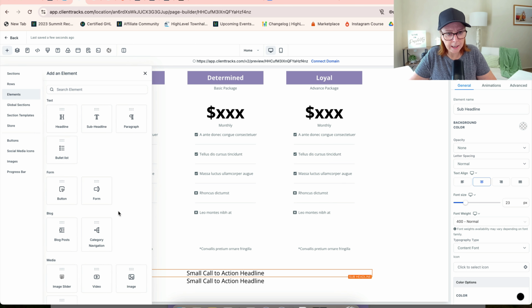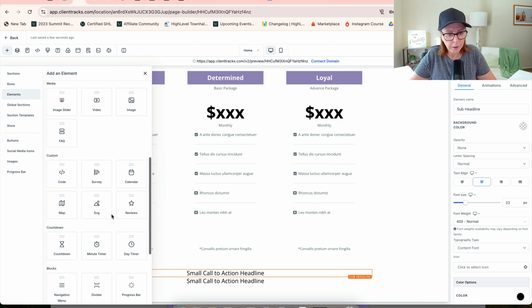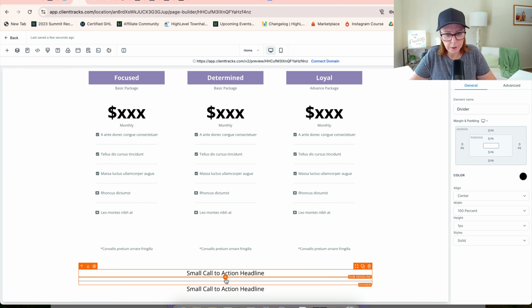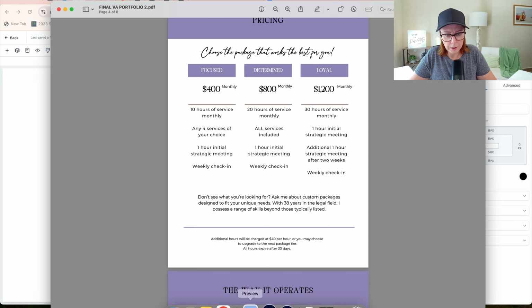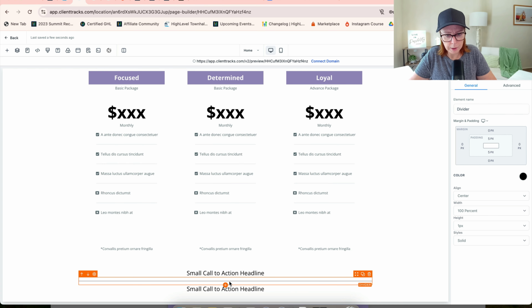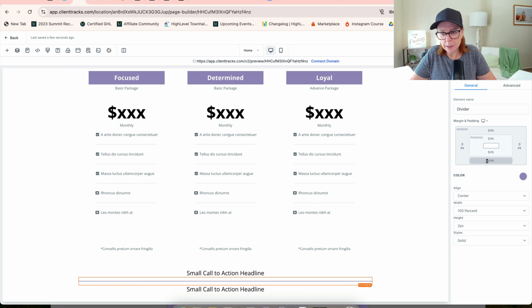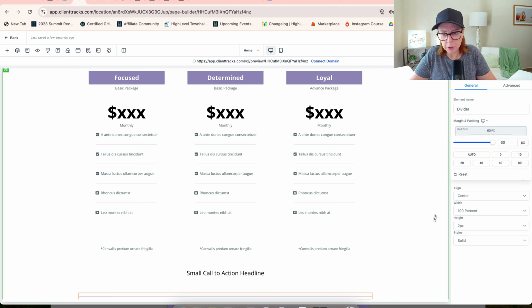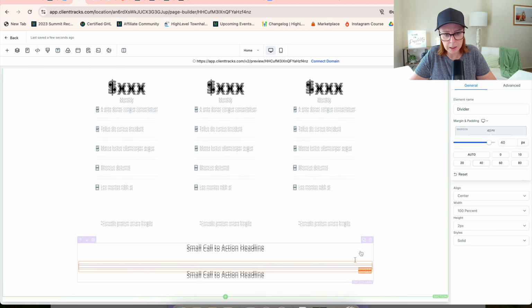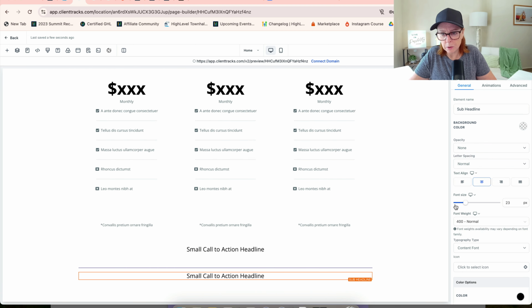In the middle, we're going to add a divider. Quite a bit of space there. It's a little bit thicker. It's purple. Let's put a bit of margin on this one. It had a bit of margin on it, didn't it? I don't think it had 60, but, and then this also had,